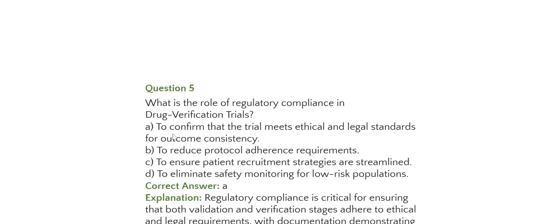So definitely it's A, as it applies to all trials, not only drug verification trials, the role of regulatory compliance is to confirm that any trial meets ethical and legal standards for outcome consistency. So A would be the answer, as regulatory compliance is critical for ensuring that both validation and verification stages adhere to ethical and legal requirements, with documentation demonstrating consistent and reliable